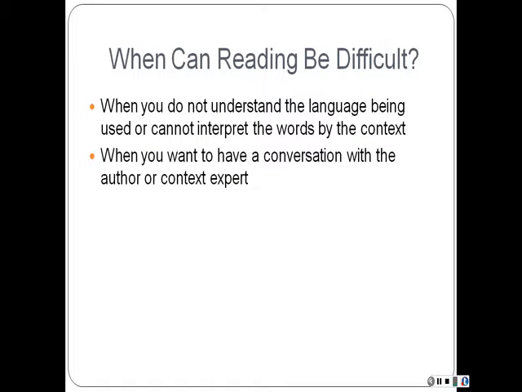Reading can also be difficult when you want to have a conversation with the author of the text. So to be a truly critical thinker, someone who challenges the status quo, you should always be asking yourself, is this person right? Do I believe this person? Do I have experiences or opinions that negate what this person is saying in my own mind? You can certainly lend legitimacy to a person, maybe giving them props for the comprehensiveness of their study, but you can certainly identify shortcomings in their arguments when it's clearly biased or coming from a political or a certain kind of opinion that you may not agree with.